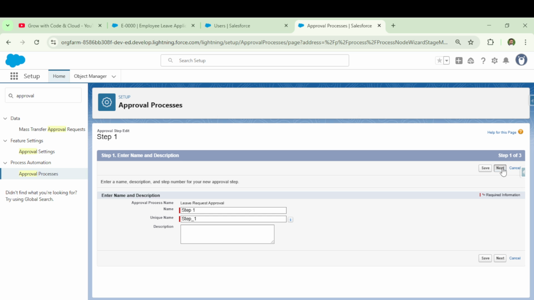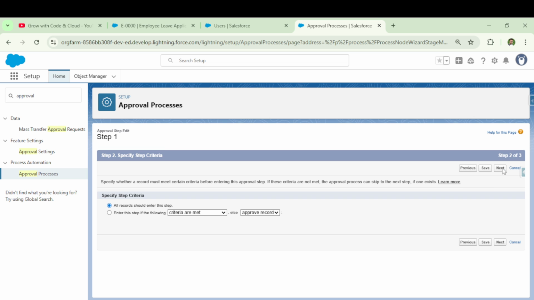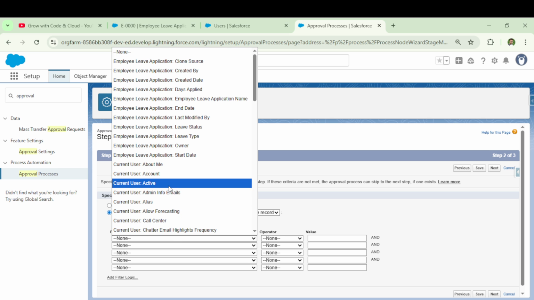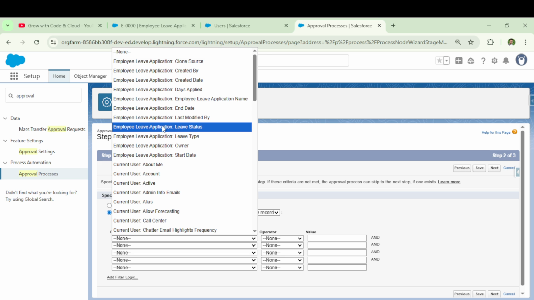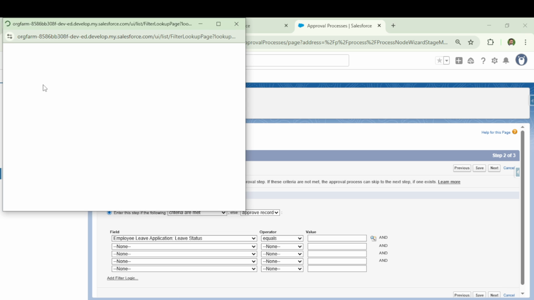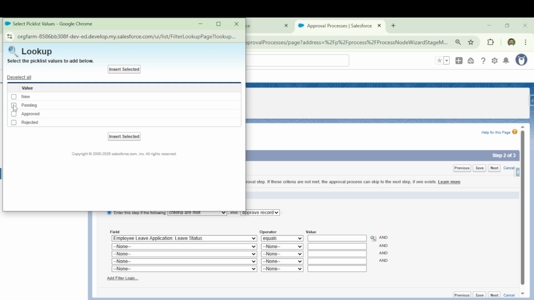Step 1, click on next. For criteria you can mention that whatever request came for approval must be in pending state. Leave status equals pending, because maybe the approval process is not working.